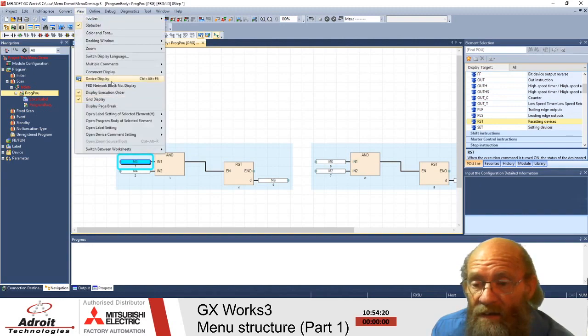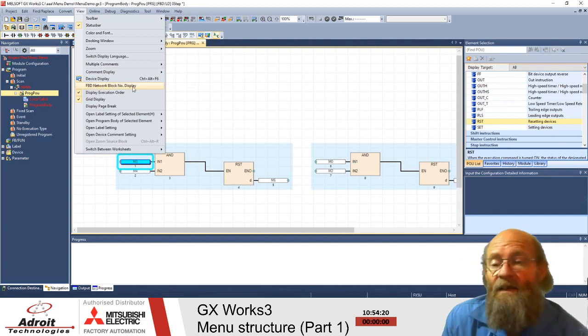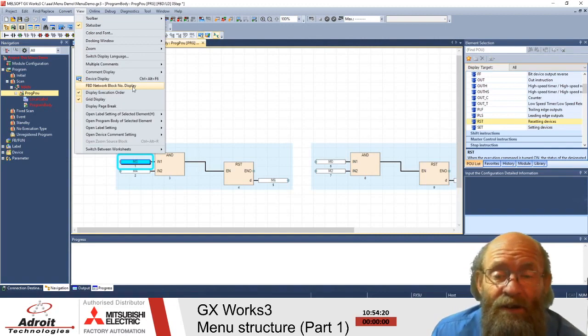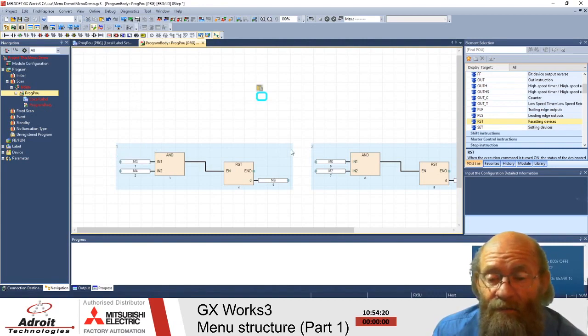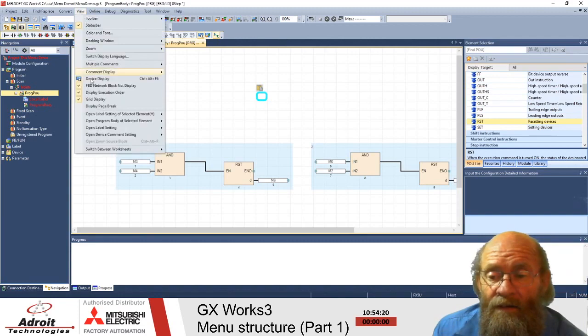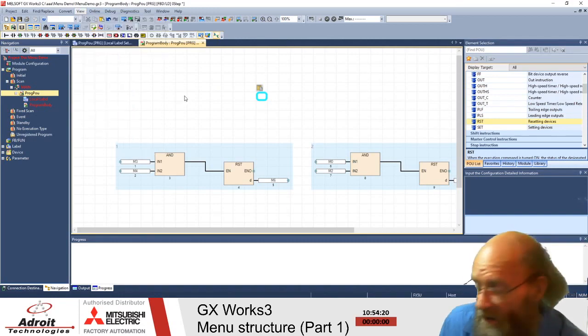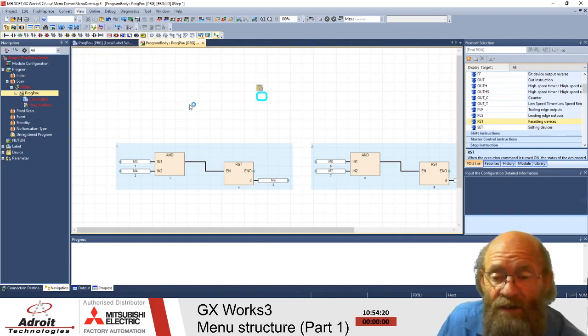The next thing is function block network block number display. It's a very important one to keep on. Take note, this block now has a number 1 and a 2. And then the last one, display page breaks. I just like to keep them on. You can keep your control key down. When you push your control key,